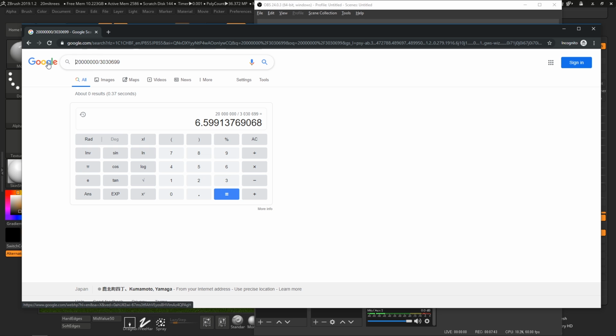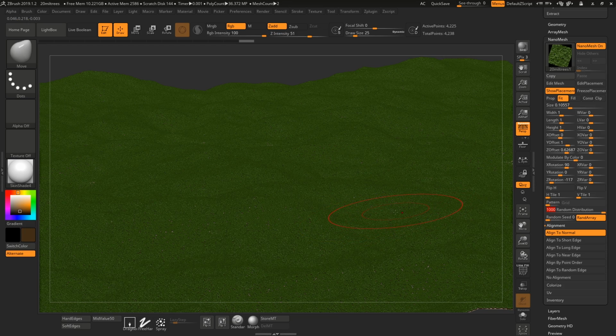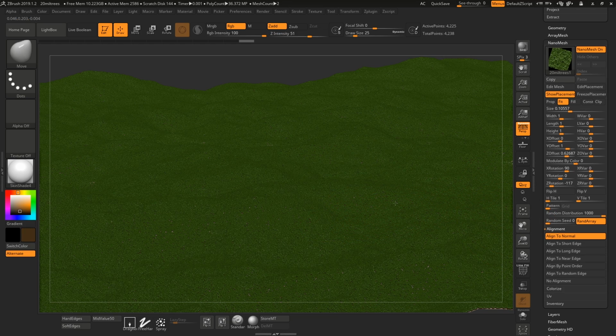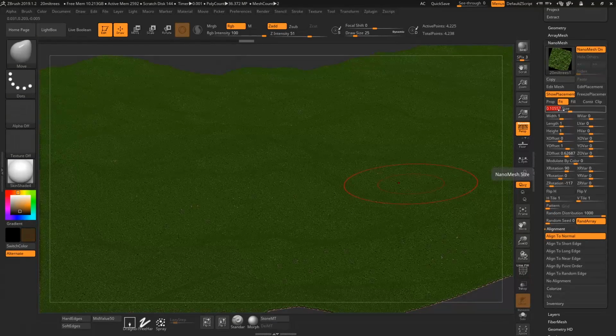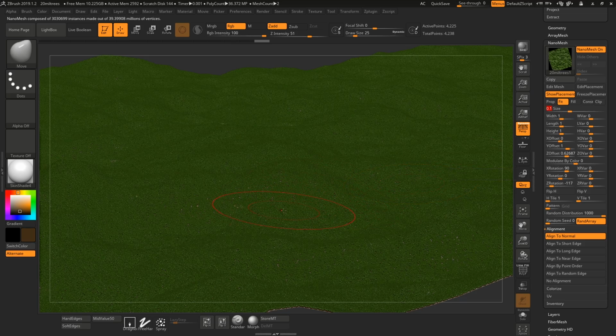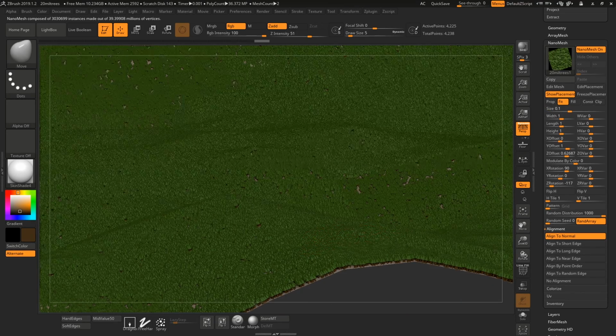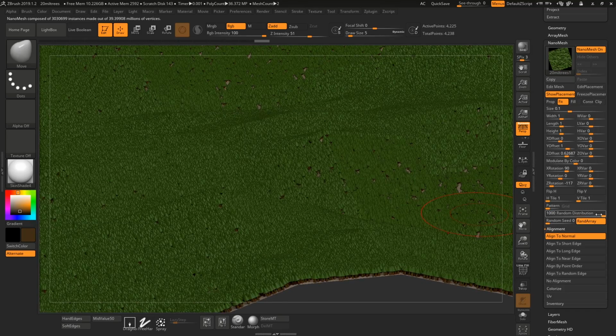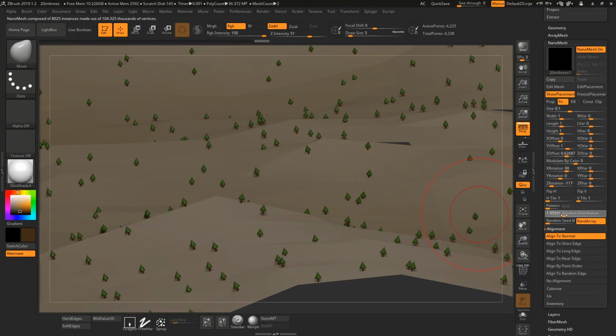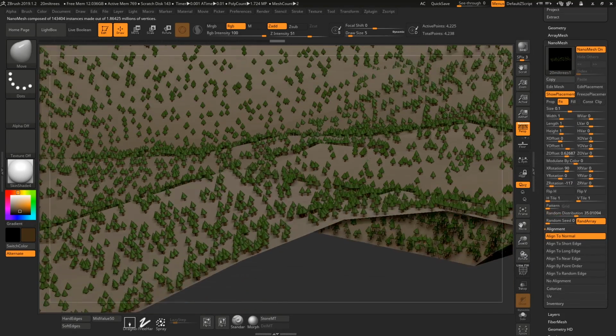What is that actually? If we do 9 times that, that's 27 million trees planted in ZBrush. Almost 50% more than a goal. I'm pretty excited about this. I feel like that should be like a new record. Probably is the record for the amount of trees in any ZBrush instance at any one time, I would guess. I'm just going to take this distribution down a little bit so I can actually just play